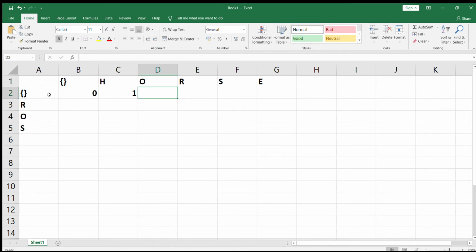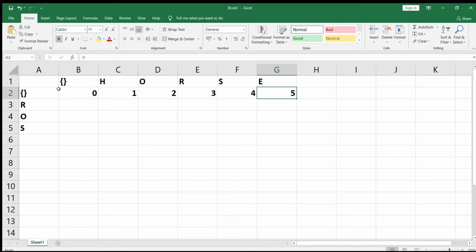If word 2 is empty and we have ho in word 1, then two operations are required. You need to delete h and o, and similarly this will be 3, 4, and 5. So 5 operations will be required to convert horse into an empty string.